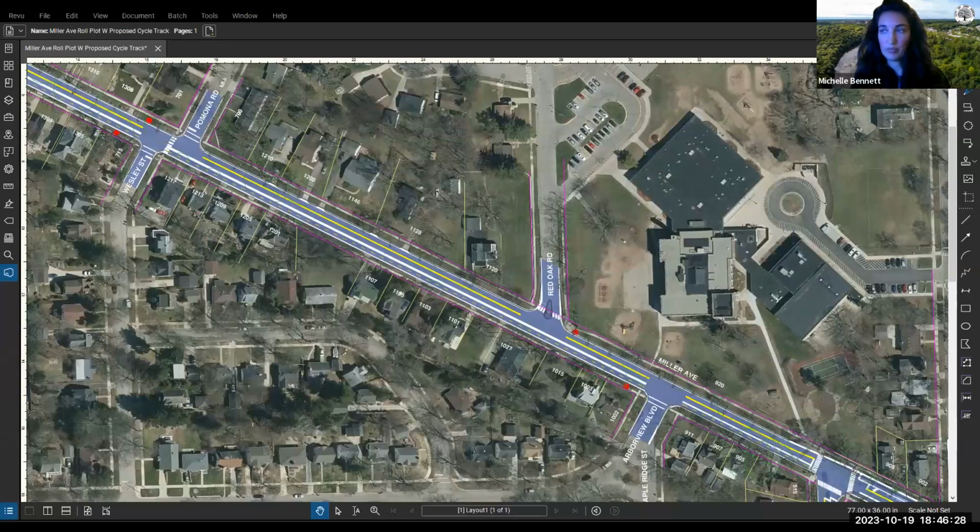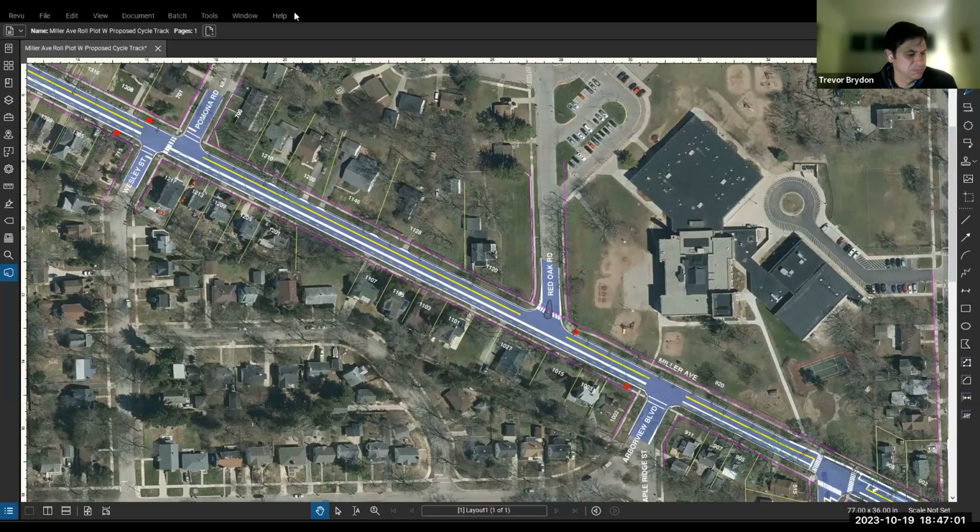Trevor, would that go to you? I can give it a shot, but I will keep it pretty high level. So 7th and Miller, I believe, due to the constraints in that intersection and needing to get a little bit more space, the existing signal supports will need to come out and be replaced with new ones. And then depending on how the configuration is, there will need to be some changes to the timing of what is going on there. Cynthia, is there anything that I'm missing on a high level?